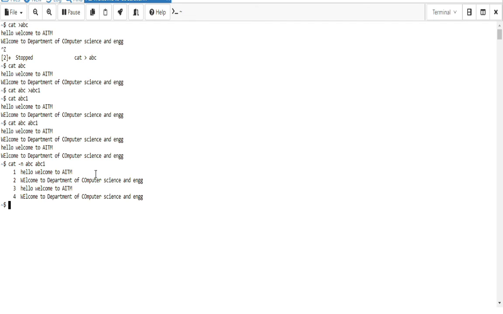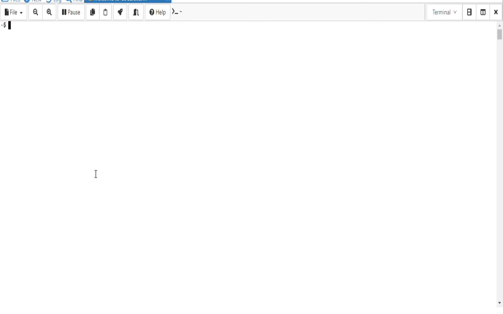Okay, another way you can create a file is vi, vi abc2. I am creating one file abc2. Here I am saying welcome to the Department of Computer Science and Engineering.